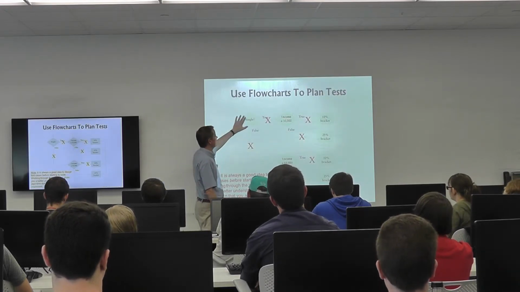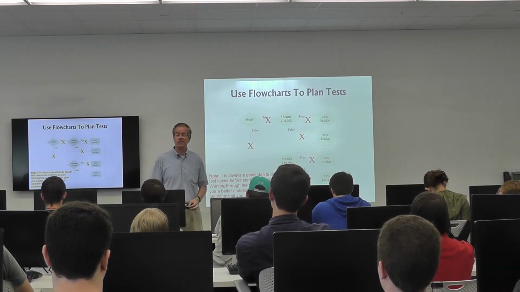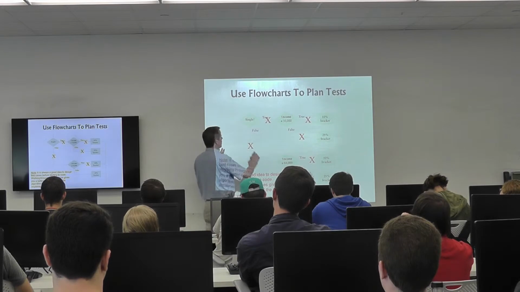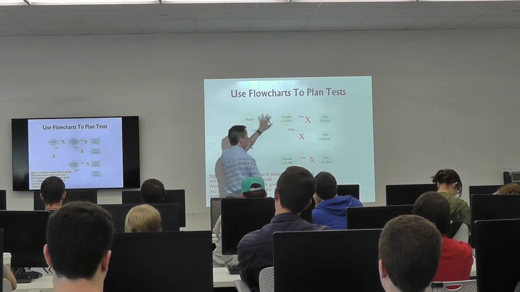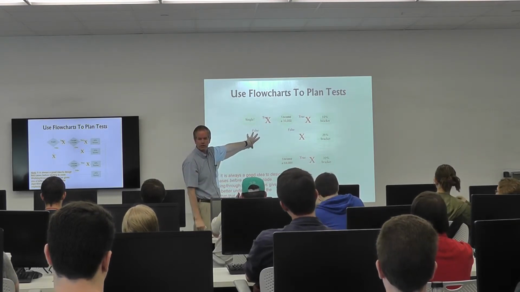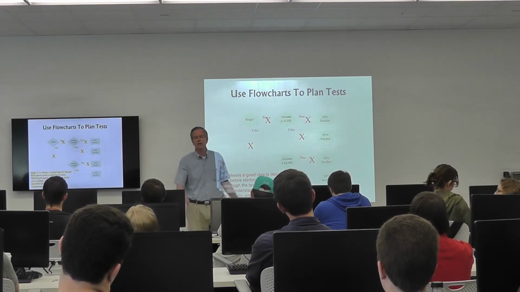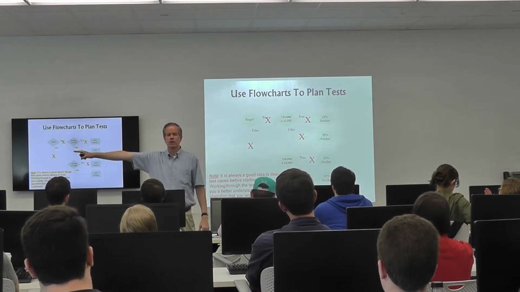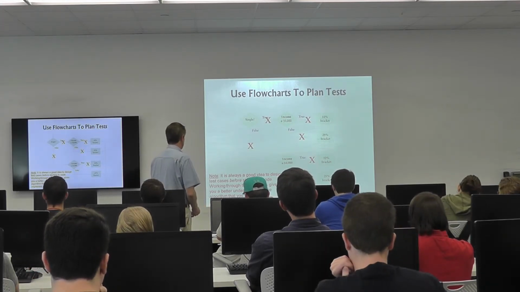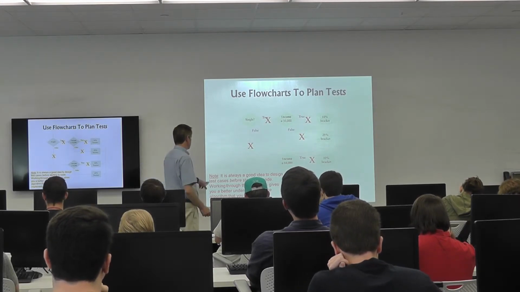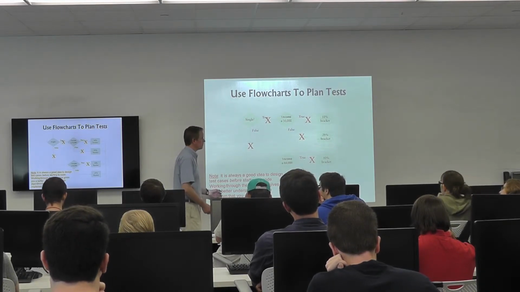We go back to the flowchart here for a moment. If you have a flowchart that shows how your code works, it makes creating the test cases just that much easier. Because you can go to your flowchart, and as you test a given condition, you can obviously line out that particular one. And what you should see when you're all done, when you've created all the test cases that you need, you should have a sheet covered with X's. And you should be confident that you've covered every single path through your code. There was a test case that exists for that particular path. So if you design test cases before starting to code, you know about that. Working through the test cases gives you a better understanding of the algorithm that you're about to implement. Amen